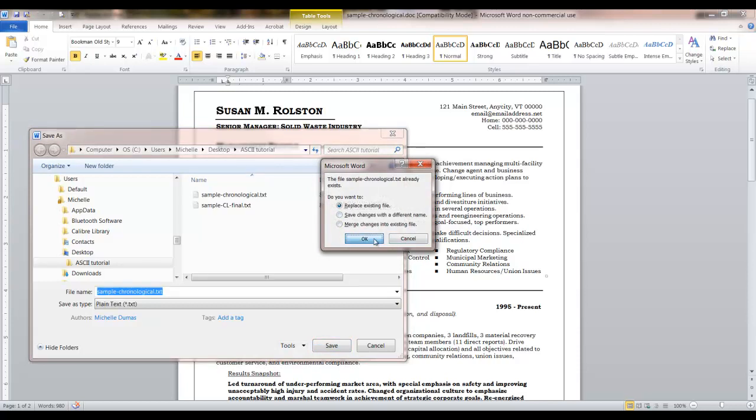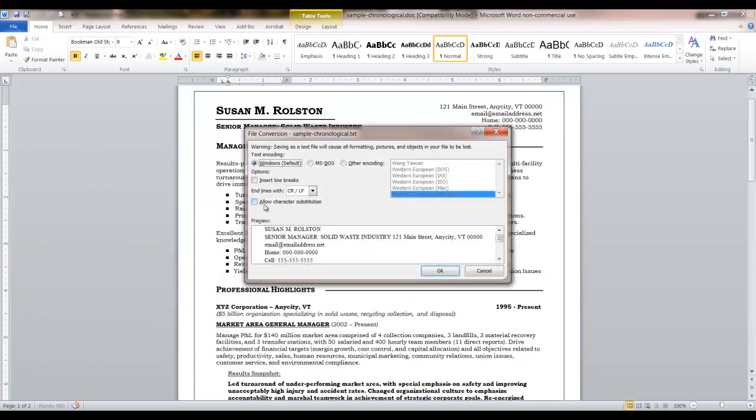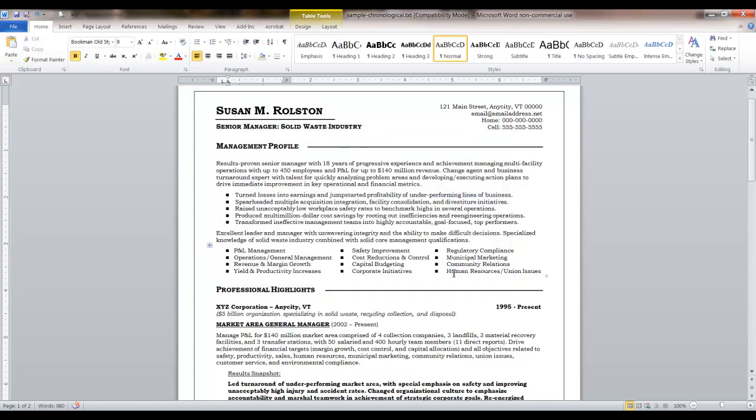Yes, I want to replace the file. Okay, now leave everything to default. It should be Windows default. Insert line break should be unchecked, and then just click Allow Character Substitution and click Yes. Okay, now we're going to close this out because